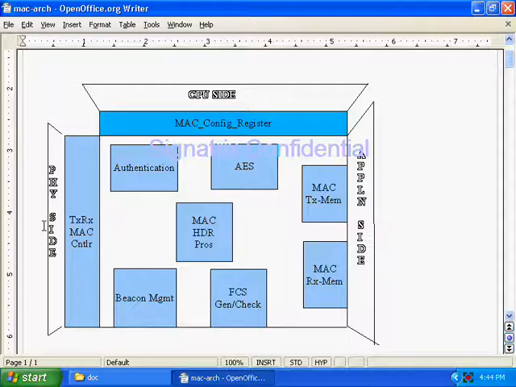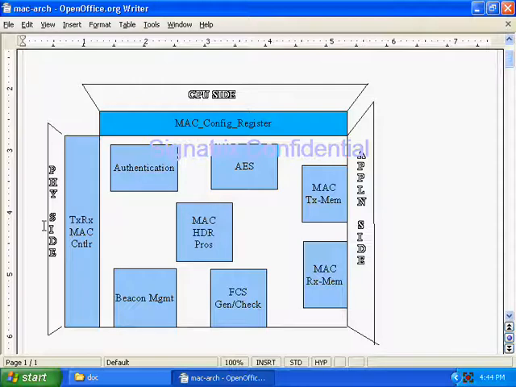Look here. MAC payload with that FCS and HCS. Before this HCS, what will be there?